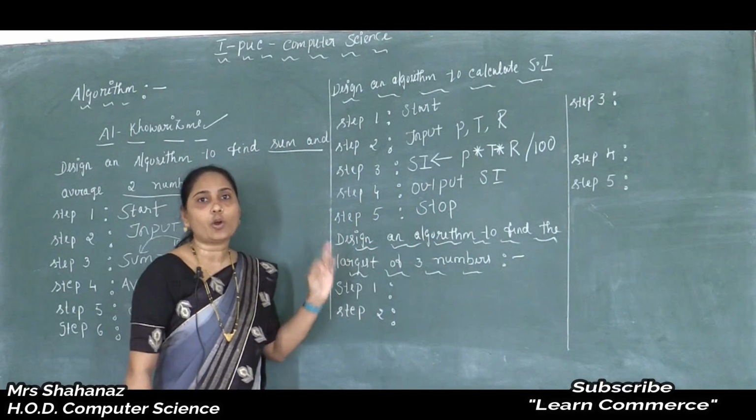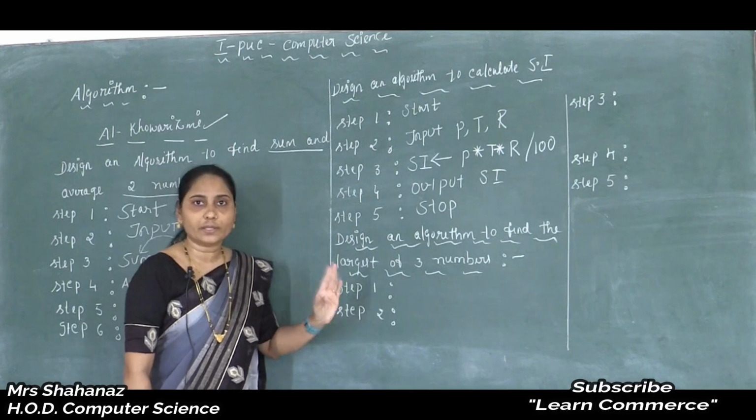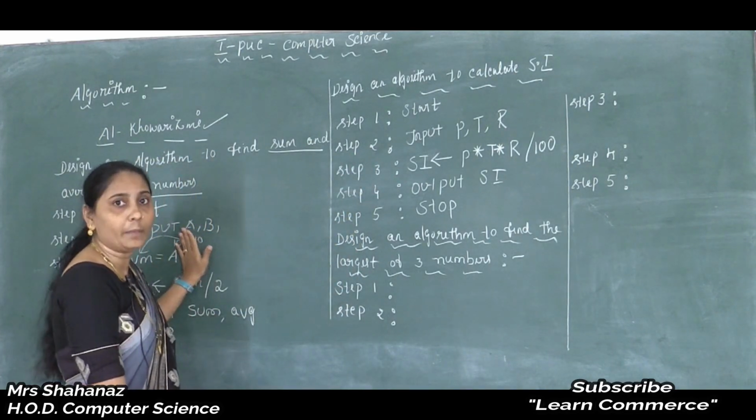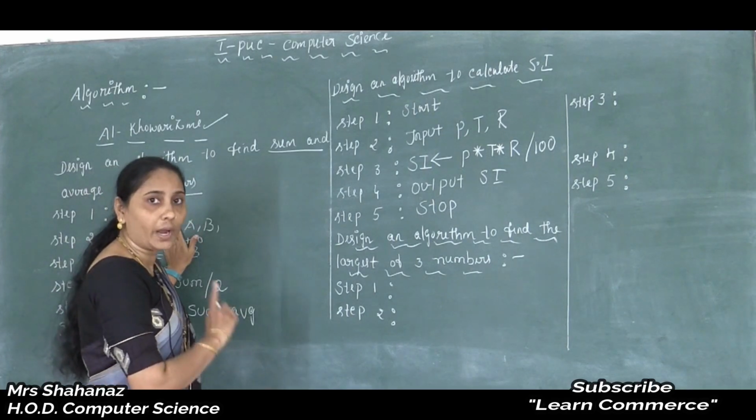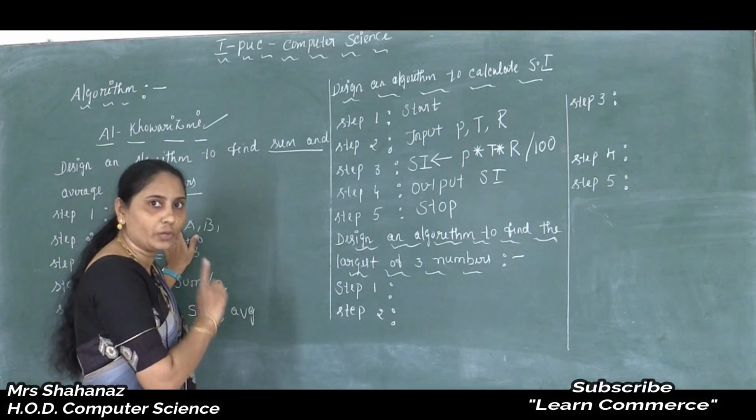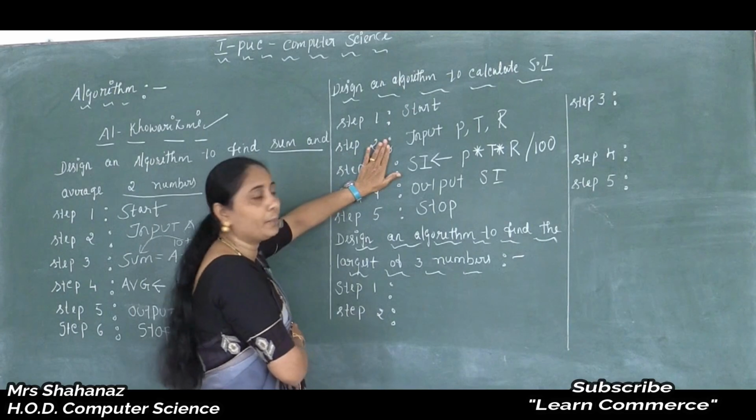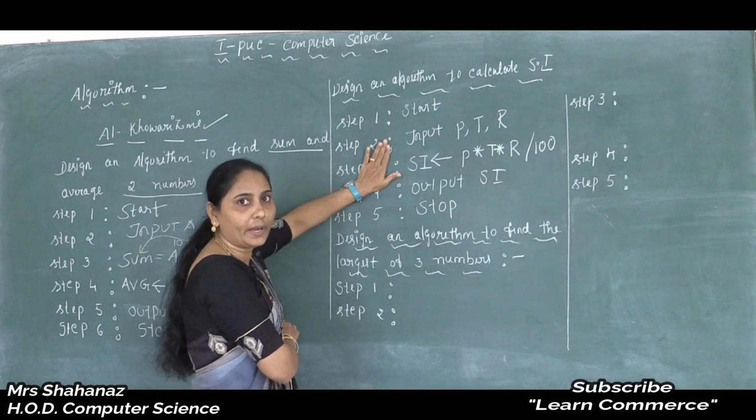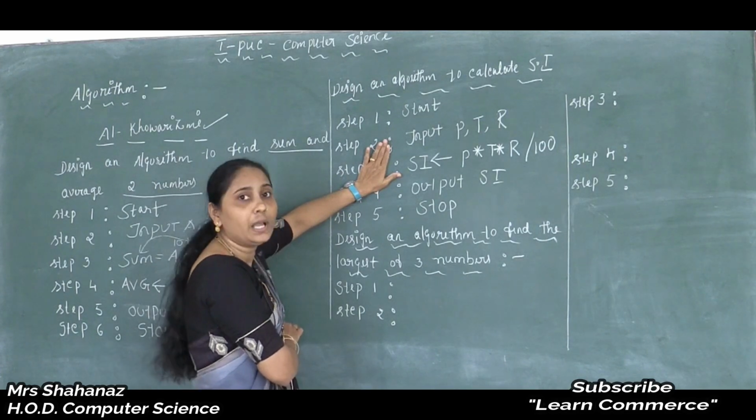we can get the answer of any program here. So clear this point here? So now we have just completed two algorithms. Why? Because the first one is to find the sum and average of two numbers, and just now I completed one more algorithm. The algorithm here is to calculate the simple interest,